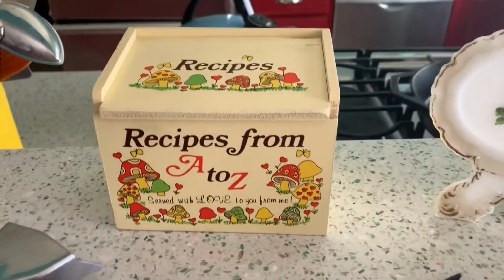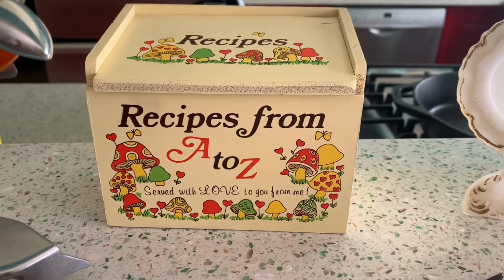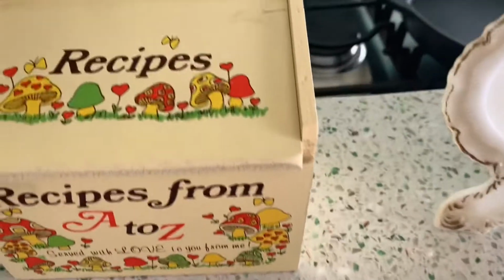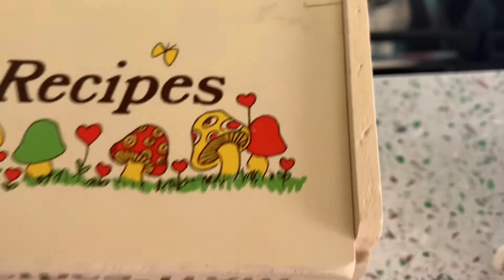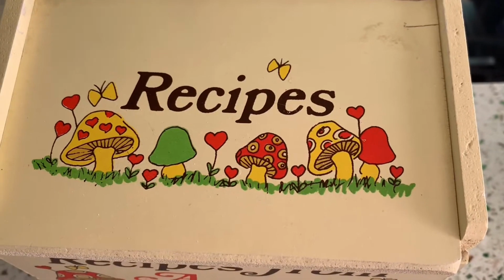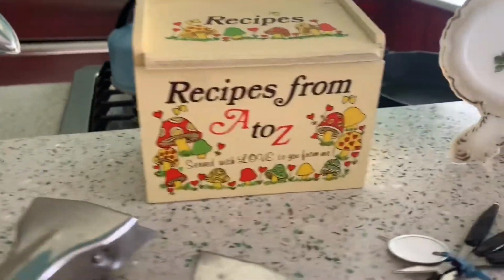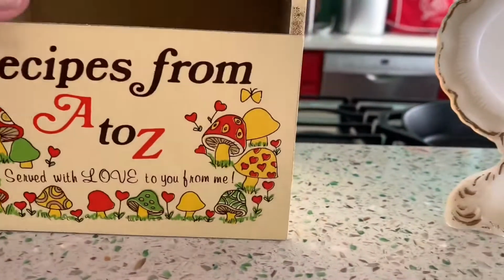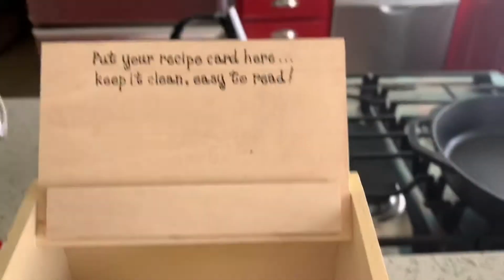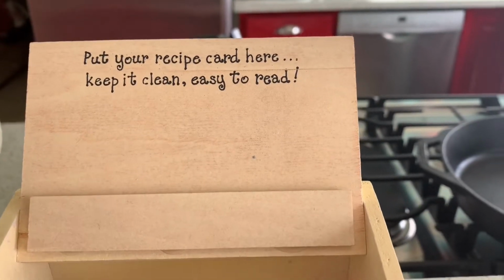This was very, very cute. This is a made in Japan recipe box. It is brand new, but it does have wear just from being old and stored. You can see there's a little discoloration there and some chipping, but look how cute it is. It's one of the larger ones, and it's got a little slant to it. Recipes from A to Z, served with love to you from me. And when you open it, there's a little slotted area where you can put your recipe card. Keep it clean, easy to read, and